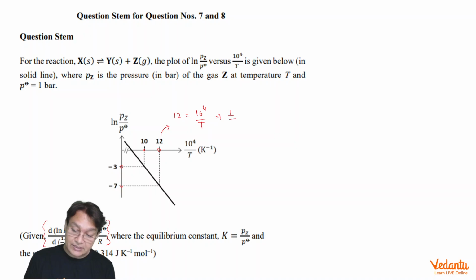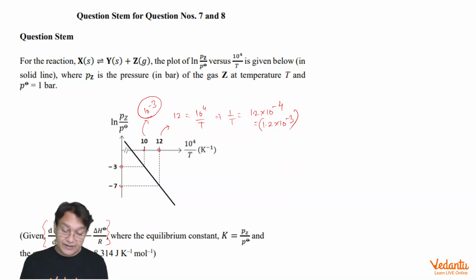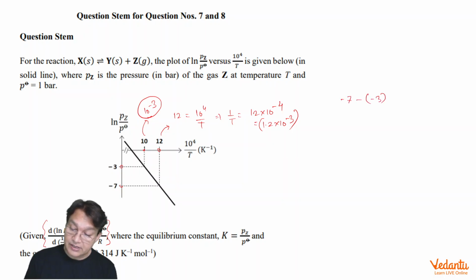This means 1/T is equal to 12 into 10^-4, which is 1.2 into 10^-3. Similarly, at this point, 1/T is simply 10^-3. So keeping in mind these two values, we can find the slope of this graph, which is equal to (-7 - (-3)) divided by (1.2 into 10^-3 minus 10^-3), which comes out to be -4 divided by